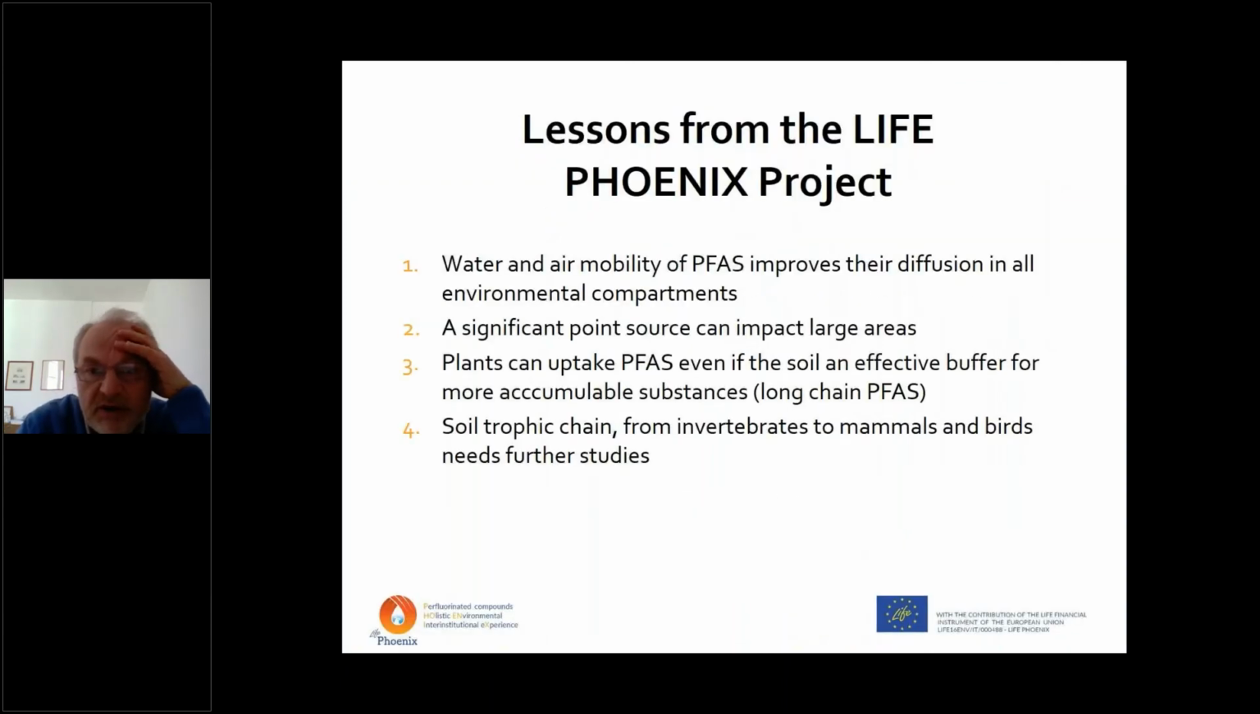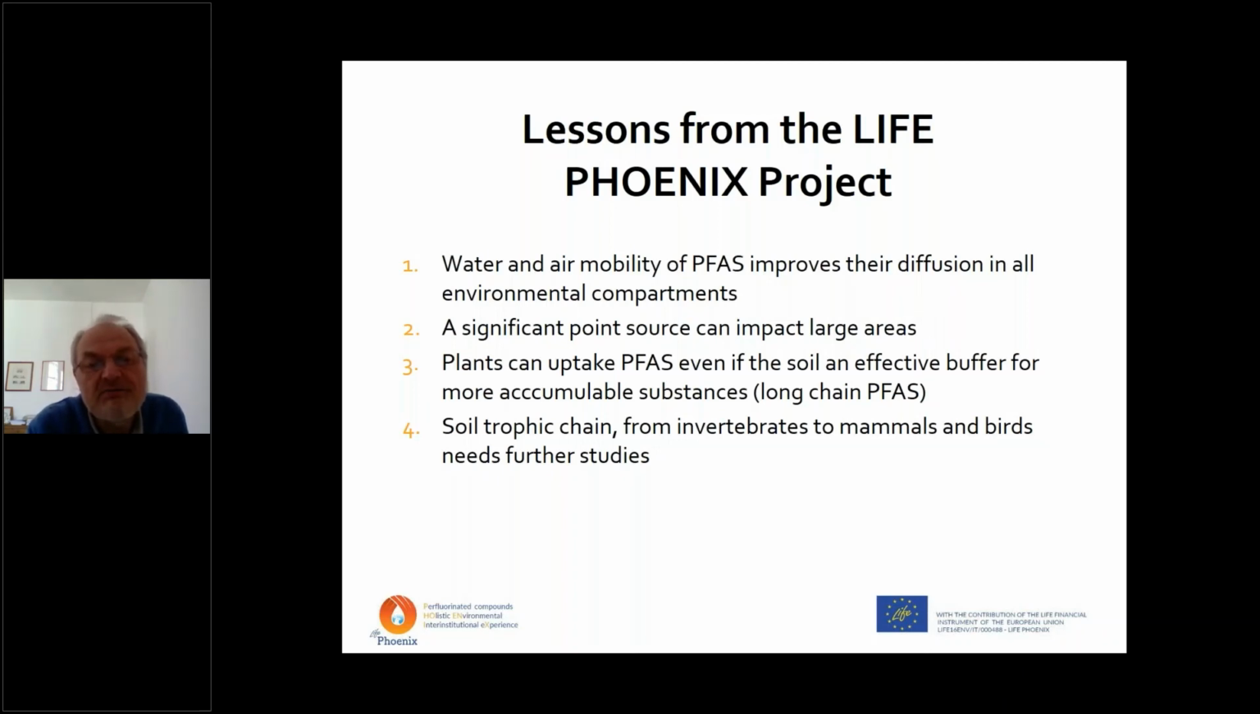Today, it's important to consider, as one of the lessons of the LIFE16 project, that PFAS doesn't move only in water, but also in air, maybe also with the waste, for example. There is a cycle of PFAS that impacts every environmental compartment, and also a single significant point source can impact large areas in ways that need to be better investigated. And also plants, of course,